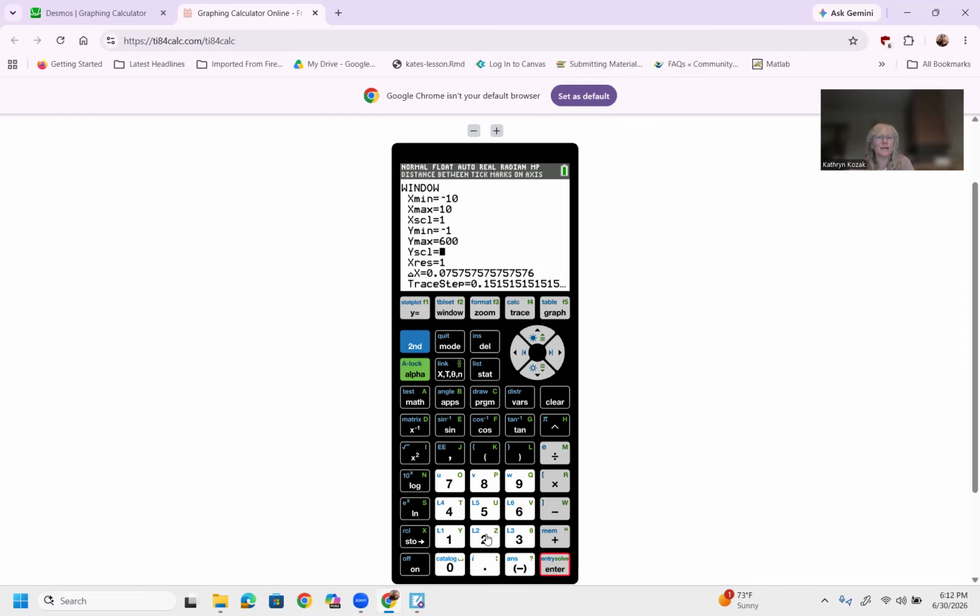I don't need to see a tick mark every one. In fact, if I hit graph, you'll see almost a solid line here. If you want to, you can actually change that to, let's say, every 100. And that just means you won't see as many tick marks. So that's just a nice way to do that. I can see where it intersects, so I don't need to change my x's. If I didn't see this point of intersection, I need to change my x's. But since I see it, I can find it, but I can't actually find it